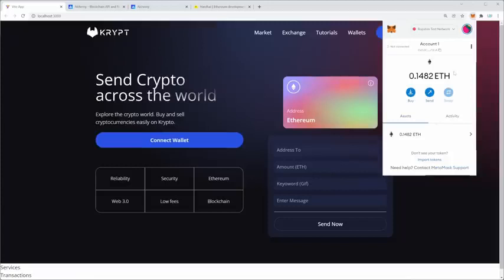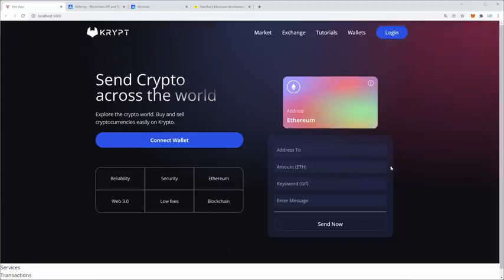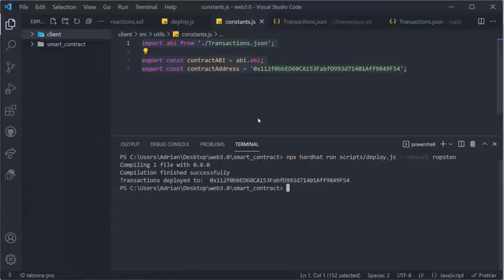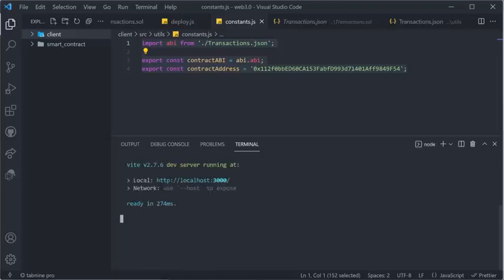Now that we've built the React welcome part of our site and deployed an entire Ethereum smart contract, now we are ready to connect the smart contract to our React application and actually make it send Ethereum through the blockchain network. Let's go ahead and do that right away. We're going to start by cding back into our React application with cd .. and then cd client. And then we can also run npm run dev to have our application up on localhost